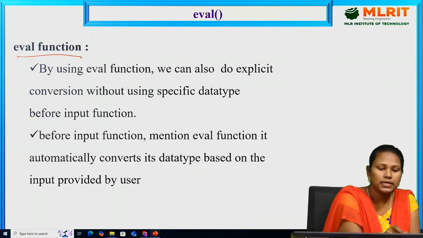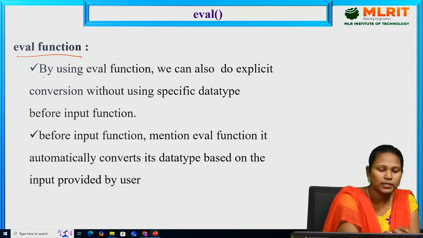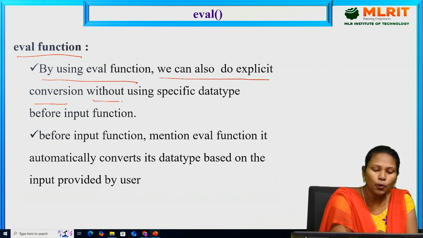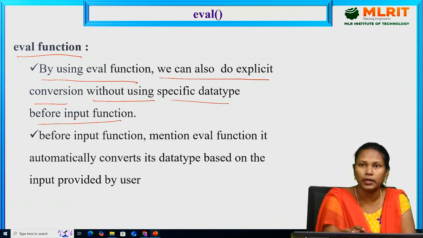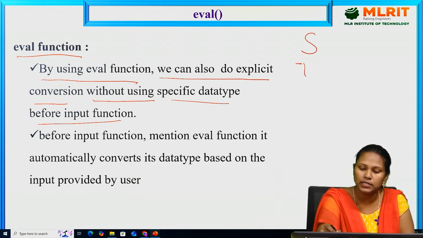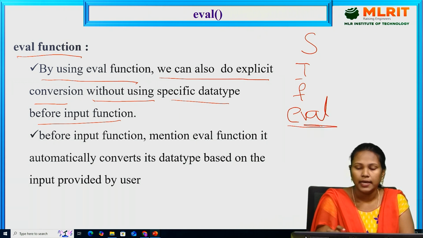The next one is the eval function. Why do we need to use the eval function? By using the eval function, we can also do explicit conversion without specifying a data type before the input function. If you are not specifying any data type, it takes it as a string. If you specify int, it is the integer type. If you specify float, it displays a float. If you specify eval, depending on the value, it decides what type of data it is. Eval of